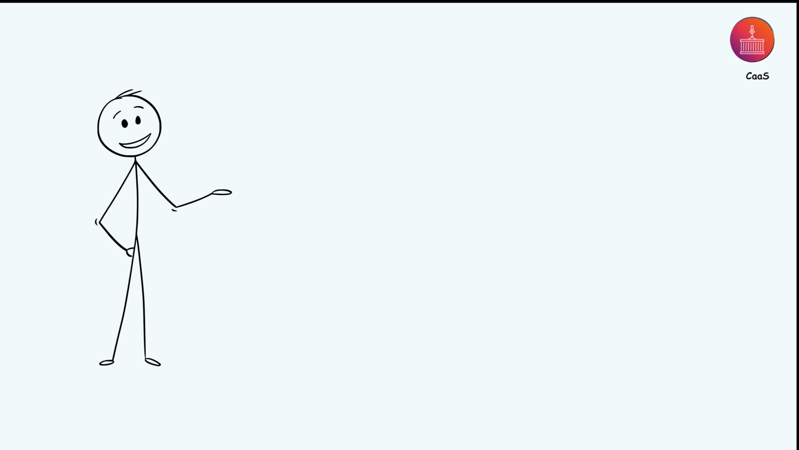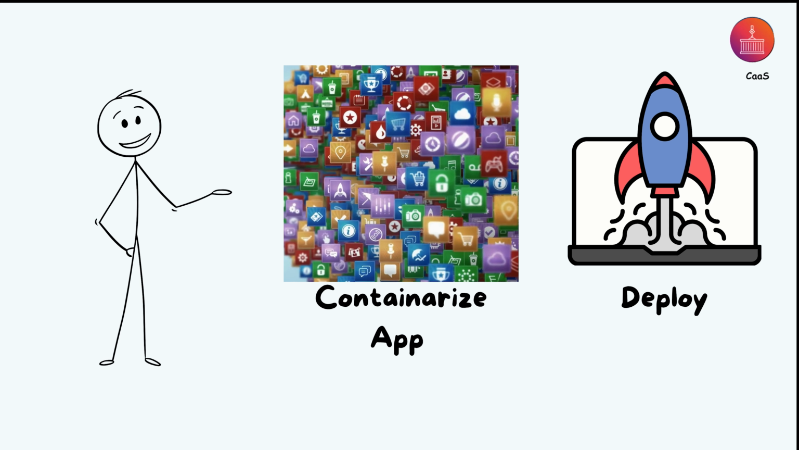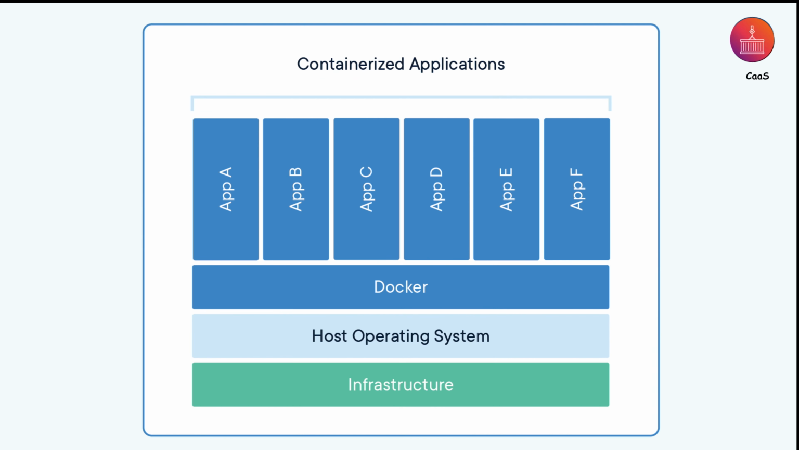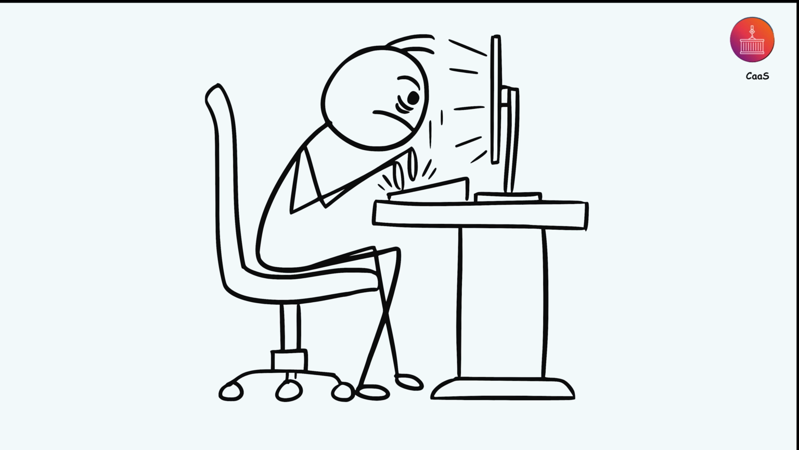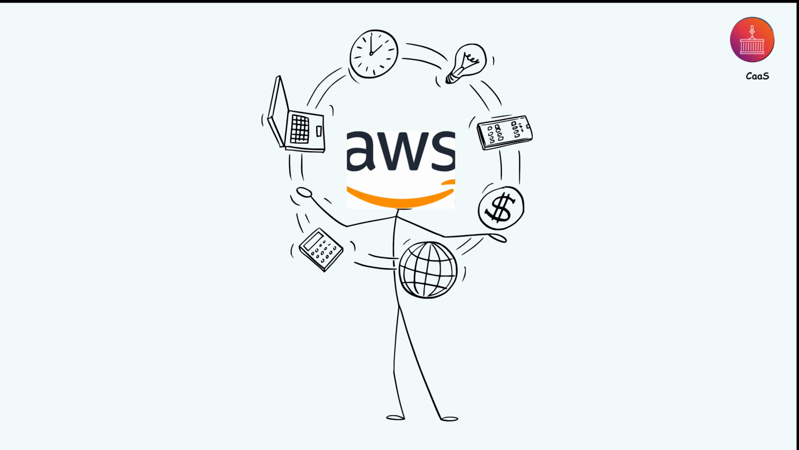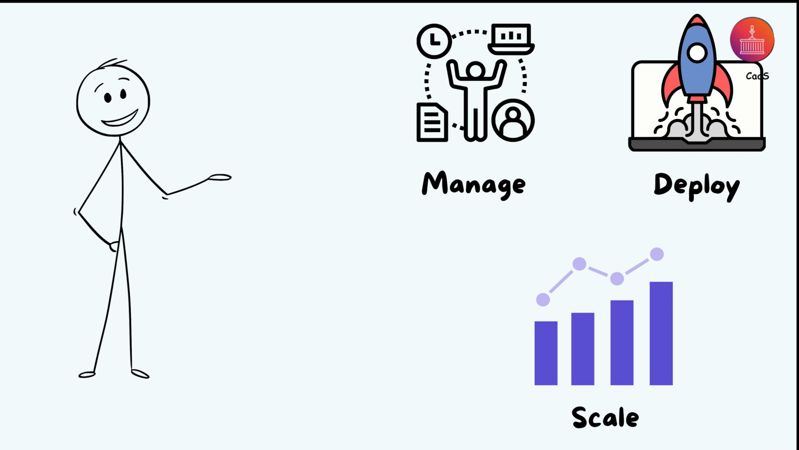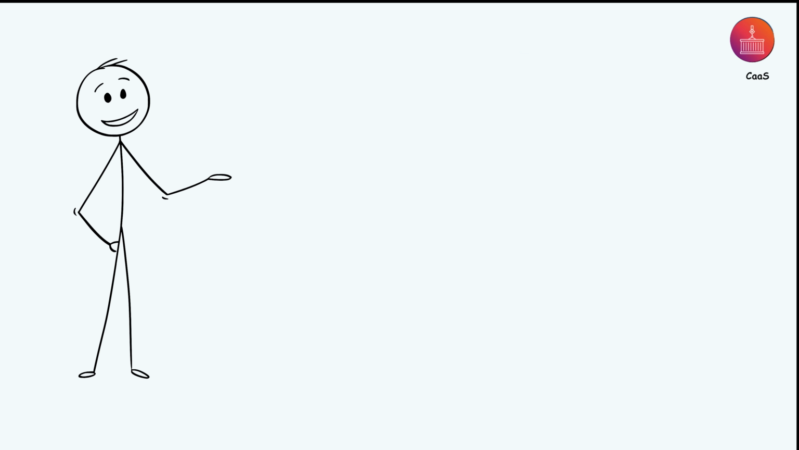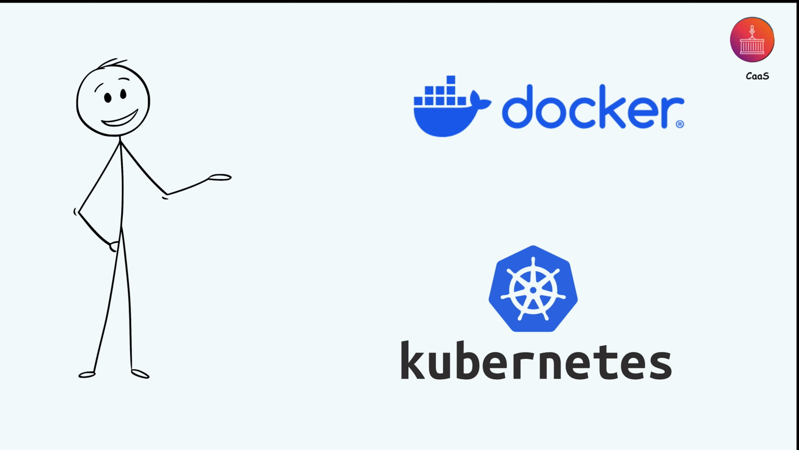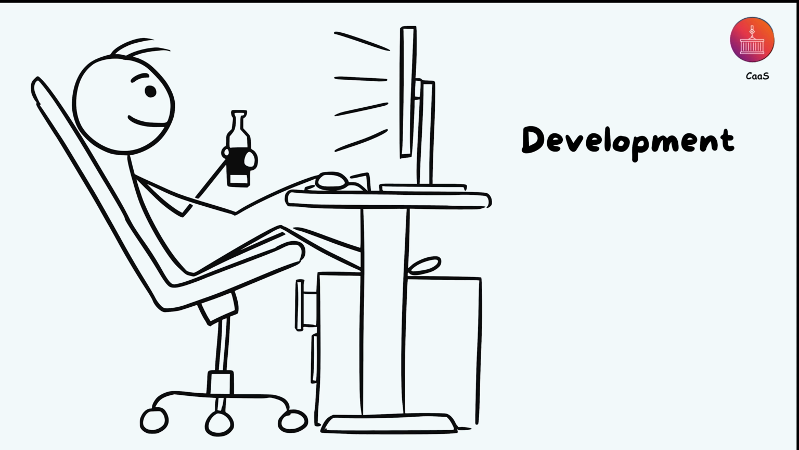CaaS, or Container as a Service, provides a managed environment specifically designed for deploying and running containerized applications. Containers package software and all its dependencies together, ensuring consistent operation across different computing environments. With CaaS, you focus on creating your containers while the provider handles the infrastructure needed to deploy, manage, and scale them. This is particularly valuable for development teams using technologies like Docker and Kubernetes, who want consistency across development, testing,